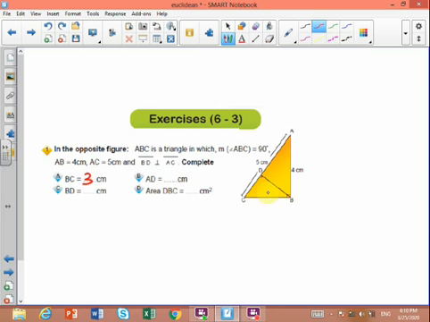What about AD? One of you will say, Miss, I will get BD first. When I'm getting BD, I can get AD by Pythagoras. That is right. BD, you can get it, but you cannot get it by the rule CD times DA, because you cannot divide 5 into 2 and 3, or 1 and 4. You must know it